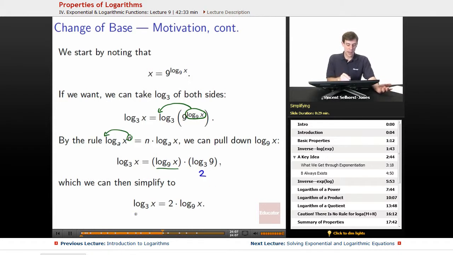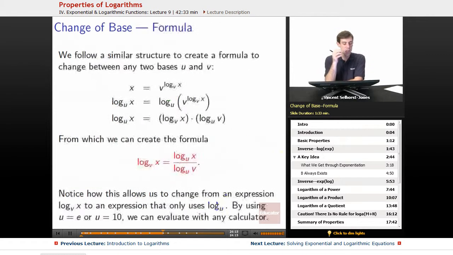So we can simplify that as log base 3 of x is equal to 2 times log base 9 of x. And we've proven what we originally wanted to show. We follow a similar structure to create a formula to change between any two bases u and v. So if we start off with x equals v to the log_v x, which we know is true because of inverses,